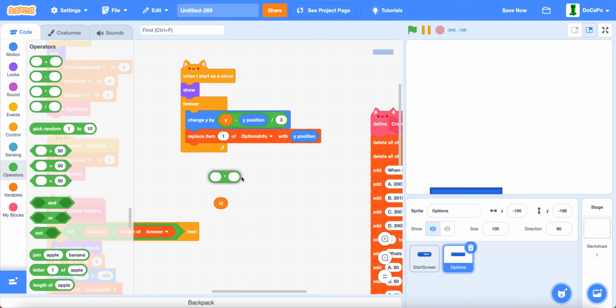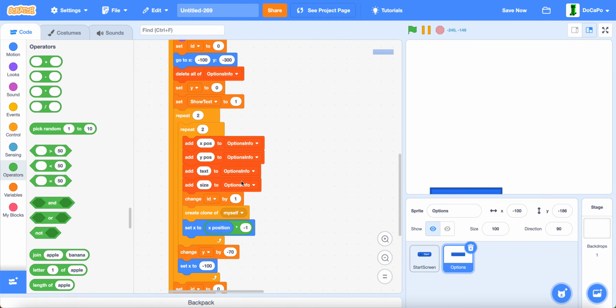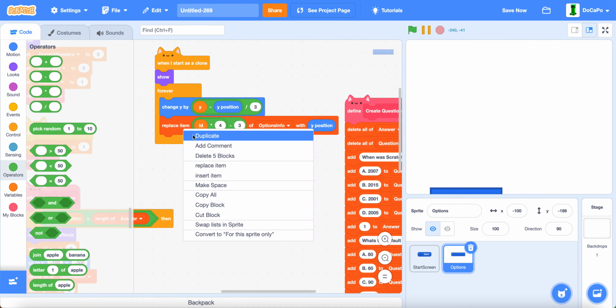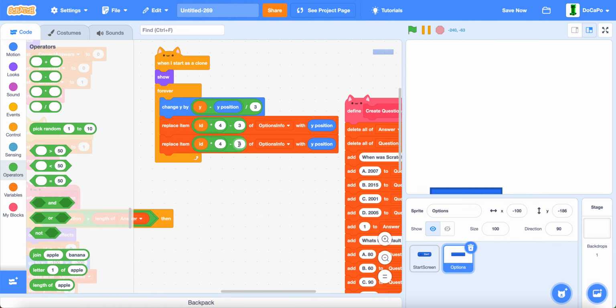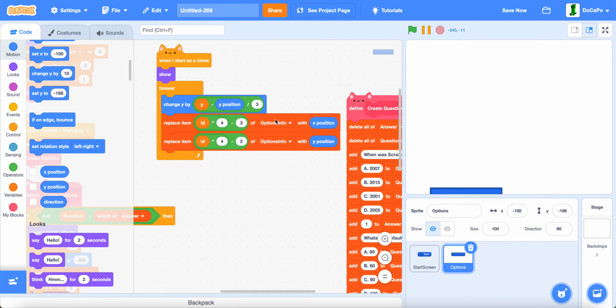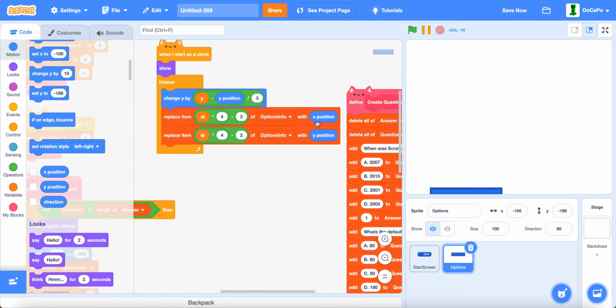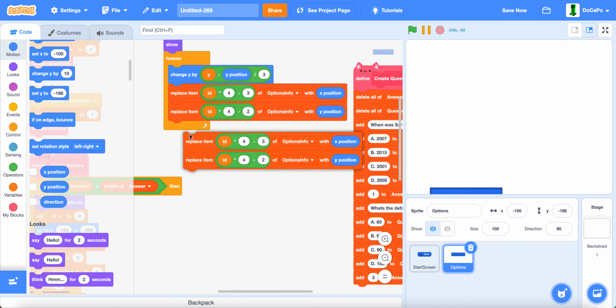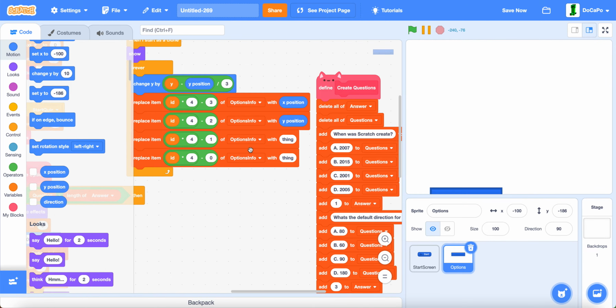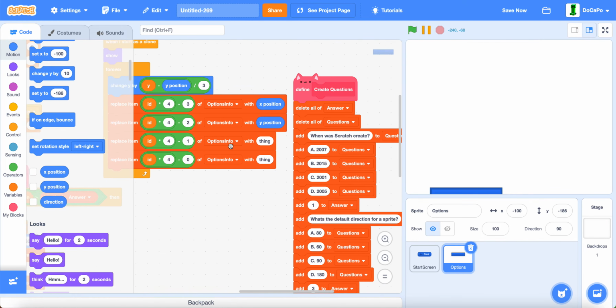ID times 4, because there's 4 of these, subtracted by 3. Duplicate this, subtracted by 2, which would be y position, and make sure the first one is x position. Now duplicate both of these and then do 1 and 0. Now for subtract 1, it'll be